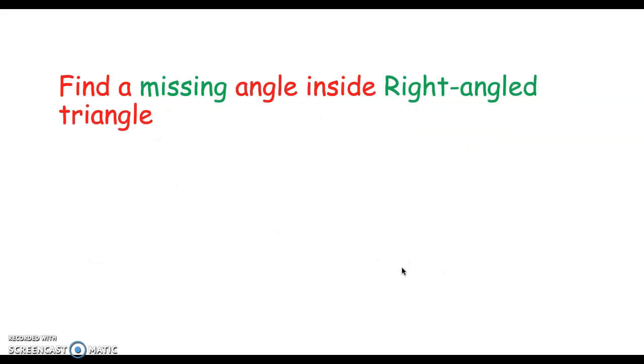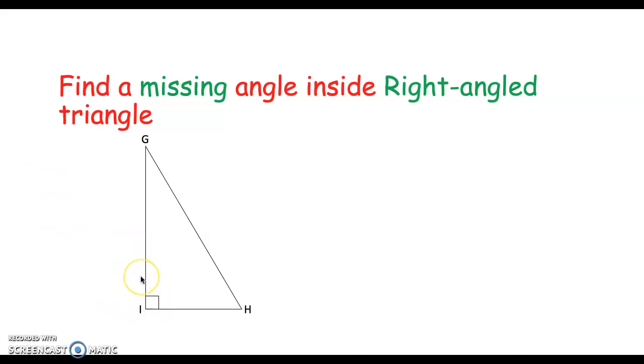Now let's see another example. Look at this one. Here the right angle is marked, so we already know one angle inside this triangle is a right angle. So when it is a right angle triangle, we know one angle must be 90. Normally they will mark it, or we can mark the perpendicular intersection of the lines like this. They perpendicularly intersect, so we can mark that point as 90 degrees